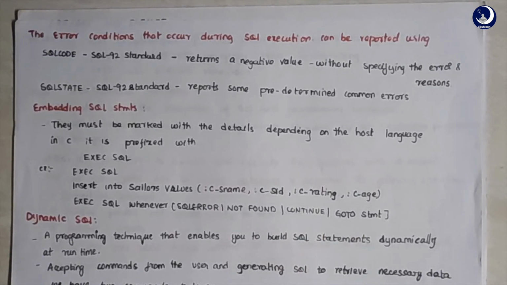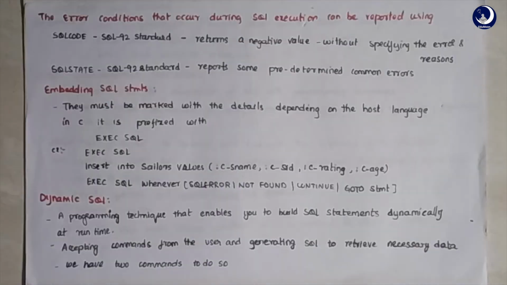So now that we are done with embedded SQL, let's look at dynamic SQL. Let us understand what dynamic SQL is by considering an example or an application. For example, there can be a website or any graphical user interface application where the user needs some information from the database. For retrieving that information, he passes a question to the application.